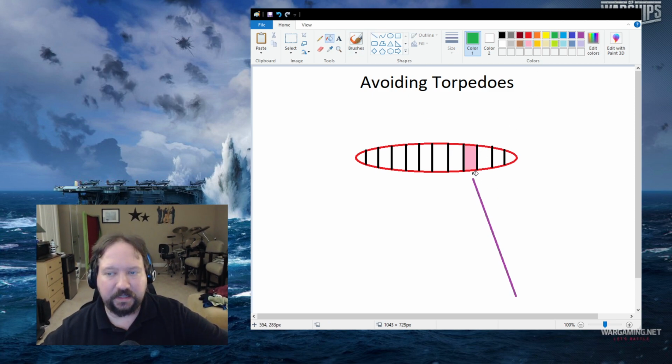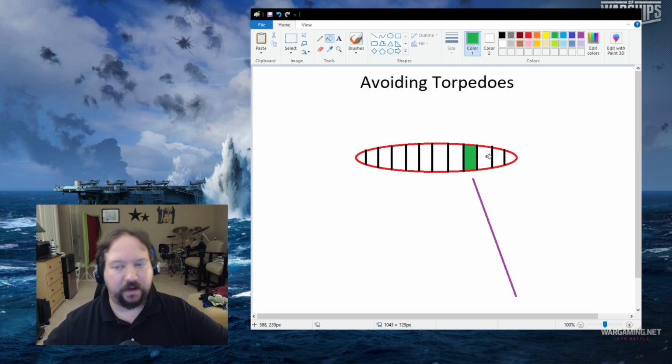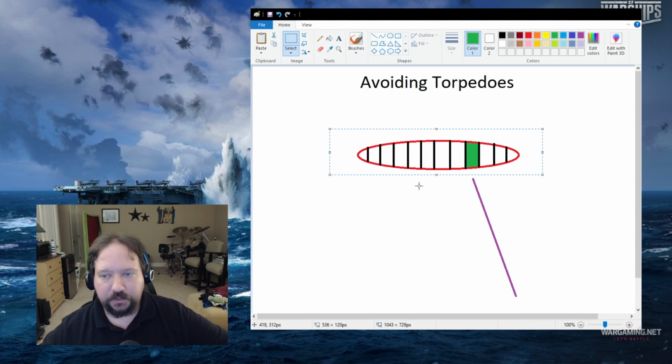If they get a second hit, it's going to turn green. That's going to be a double hit. It might have an extended duration. It can be kind of scary. So if you are moving forward, what does this mean? That as the torps are coming in,